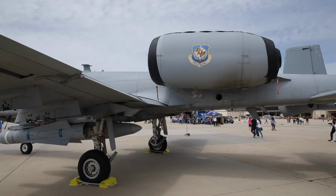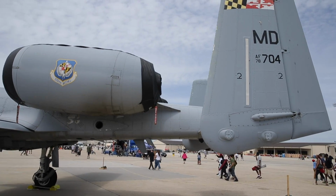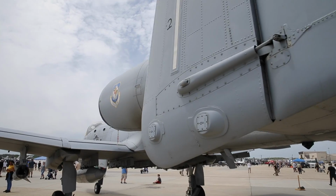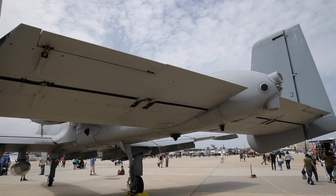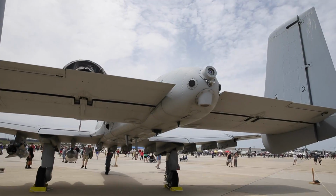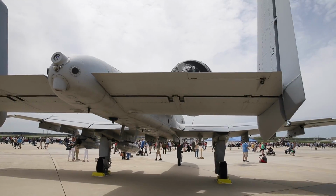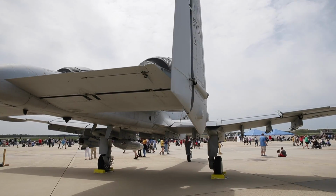This aircraft, of course, was highly modified to be used by General Fairchild as his personal aircraft. The bomb bay doors were sealed. Beds were actually built inside the bomb bay. Extra seats in the back. It was designed as a transport aircraft for him to use, and he used it for a year between 1943